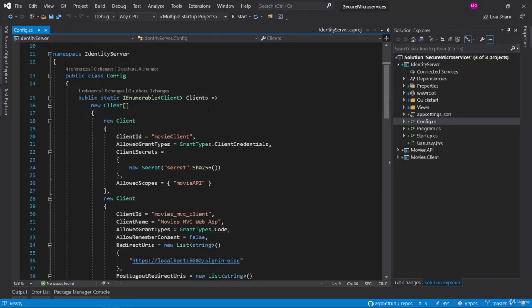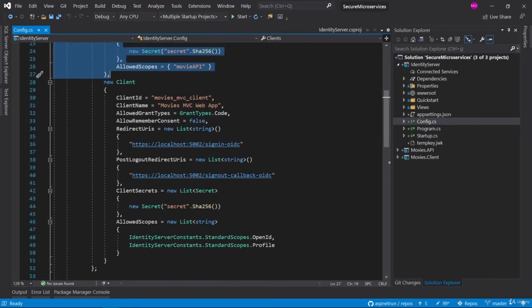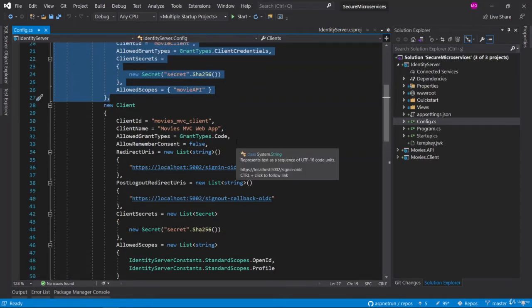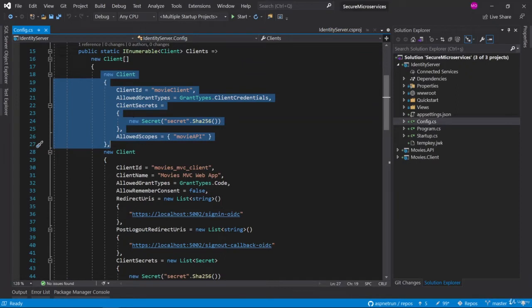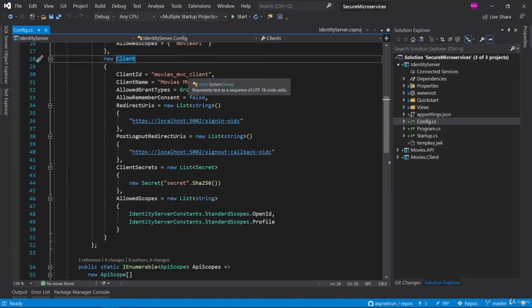Okay, and let me go to the client section. Yes, as you can see, we have two clients, but with hybrid flow we are combining the clients, and we don't need to use this client anymore. We would like to only use this client because this client is an interactive client. We have developed the interactive page with the MVC application. When the user logs in, the user already gets the token with OpenID. So once we have a token, we don't need to get a token again. So that's why we would not use this client again, and we are focusing on this MVC client application.